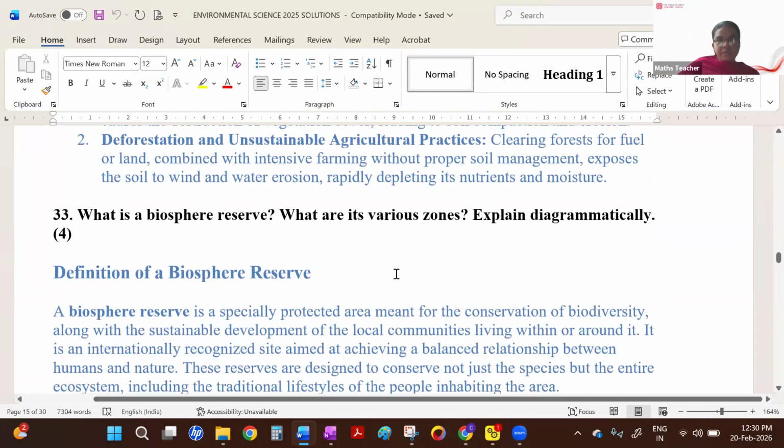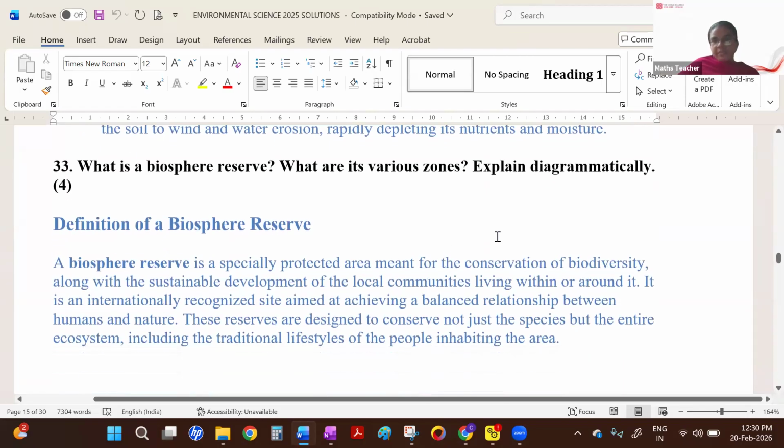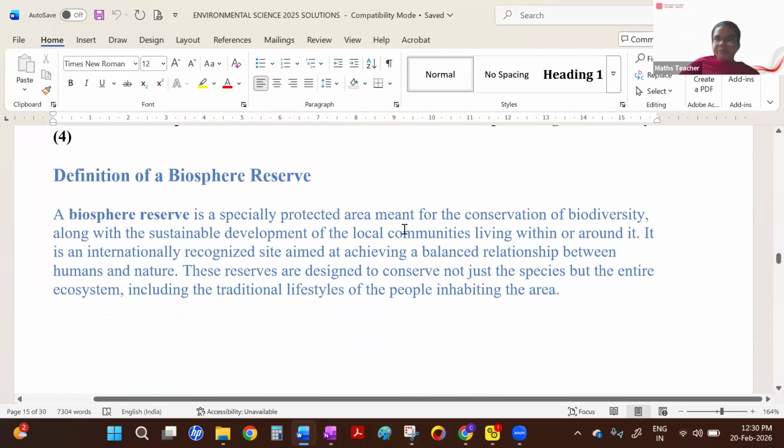Then what is a biosphere reserve? What are its various zones? And explain diagrammatically. What is a biosphere reserve? It is a protected area meant for conservation of biodiversity. So it is slightly different from a hotspot. Here this region will all